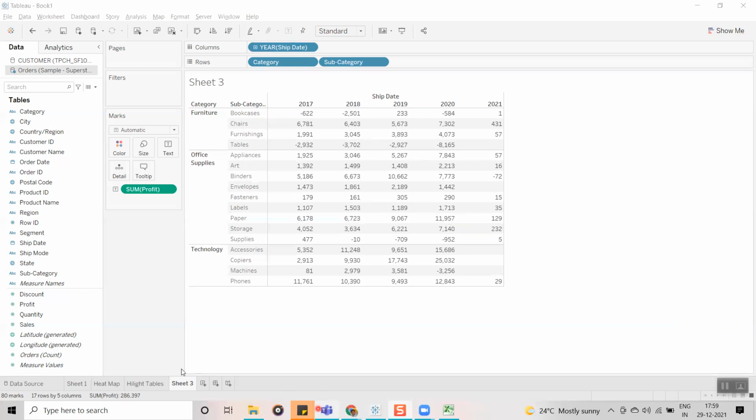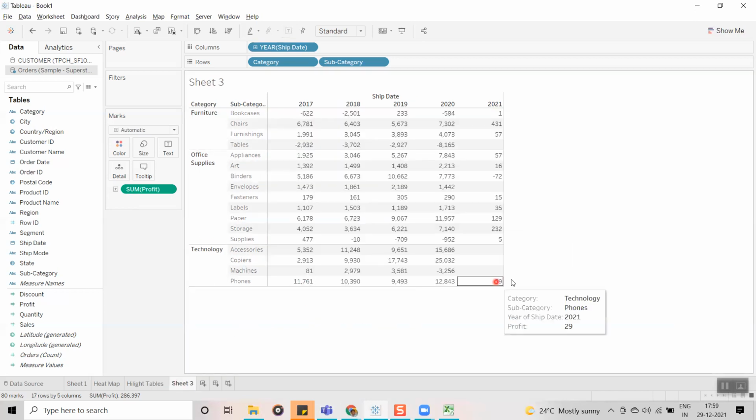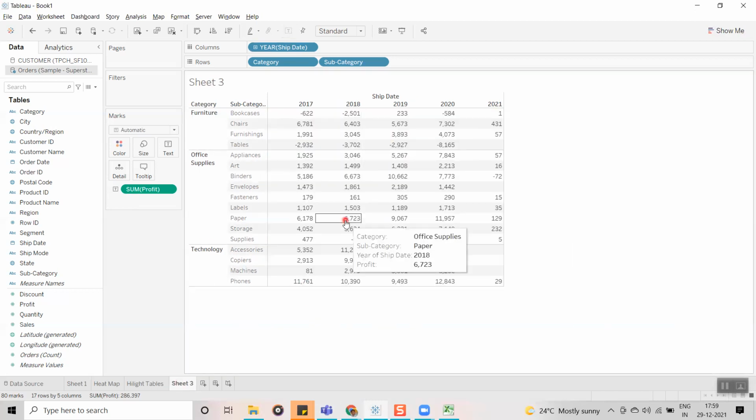See here, guys, whatever visualization we can see in the highlight tables, whatever data we were able to see, the same data. For example, phones 11761 and 29. Just taking two, so 11761, 29. This is a cross tab only, but what we are doing is, highlight table means